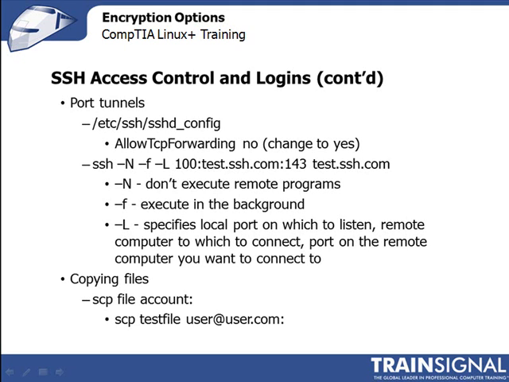So the command says SSH to test.ssh.com on port 143, don't execute a remote command, and ask for a password and run in the background. Once the tunnel is established, use the client program to connect to the local port specified by the first number in the -L parameter. Now that we know how to make a connection, what if we wanted to copy over